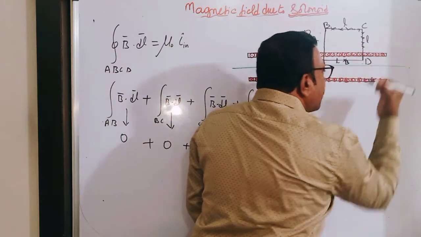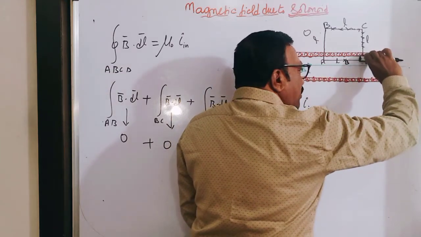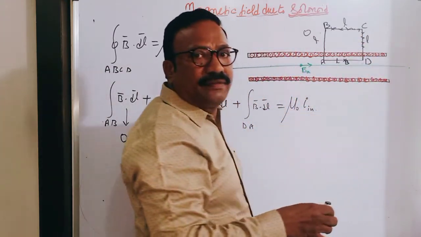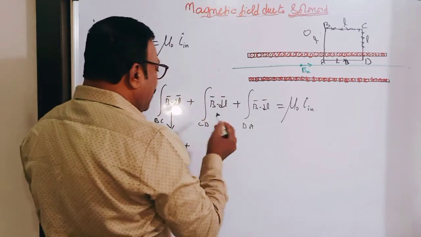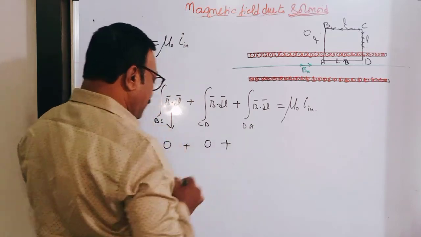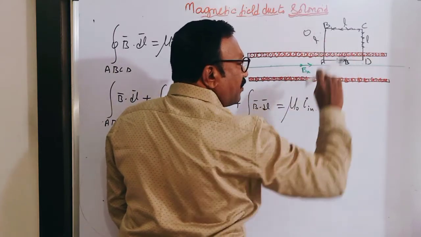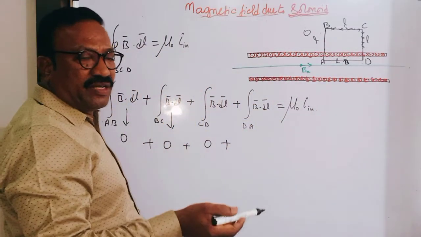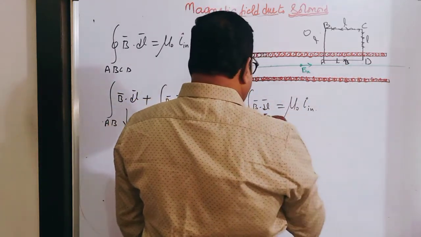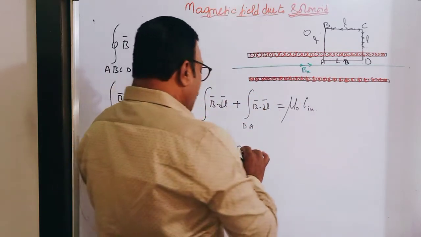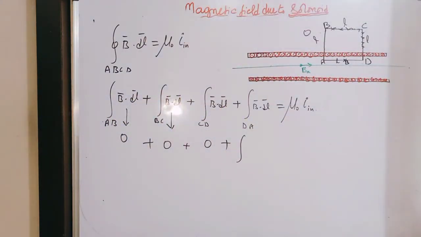But coming to the inner part, the magnetic field is always along the axis, no? So this is the direction of the magnetic field and this is the direction of length. So again theta becomes 90. B dot dl is B into dl into cos 90. So that is why this also becomes 0. As in the previous case also, this is the direction of magnetic field and this is the direction of length. If theta is 90, B dot dl is B into dl into cos 90, which becomes 0. So only this DA will be left for me now.